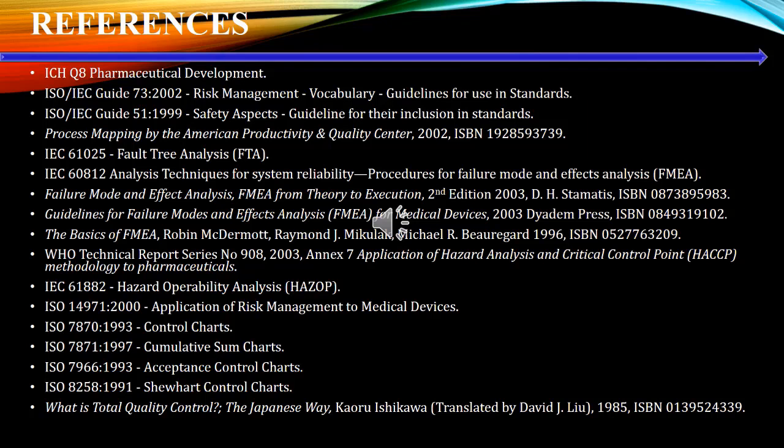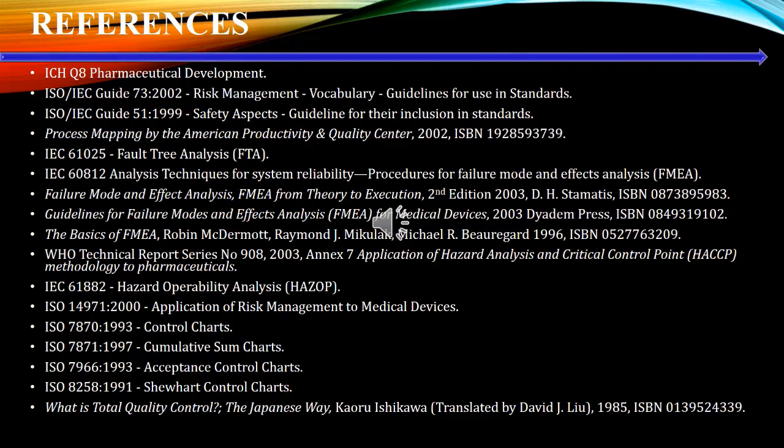ISO/IEC Guide 73:2002, Risk Management, Vocabulary, Guidelines for Use in Standards. ISO/IEC Guide 51:1999, Safety Aspects, Guideline for their inclusion in standards. Process Mapping by the American Productivity and Quality Center, 2002, ISBN 192-859-3739. IEC 61025, Fault Tree Analysis, FTA. IEC 60812, Analysis Techniques for System Reliability, Procedures for Failure Mode and Effects Analysis, FMEA. Failure Mode and Effect Analysis, FMEA From Theory to Execution, 2nd edition 2003, D.H. Stamatis, ISBN